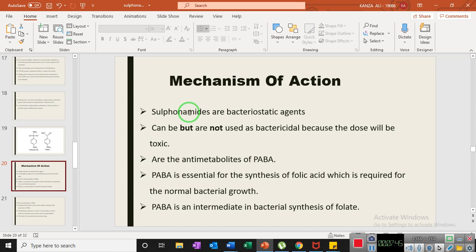All of these compounds are the synthetic compounds. They are obtained from the red dye or maybe from other sources, but not from the living system. And when they are not obtained from the living system, they cannot be termed as antibiotic,